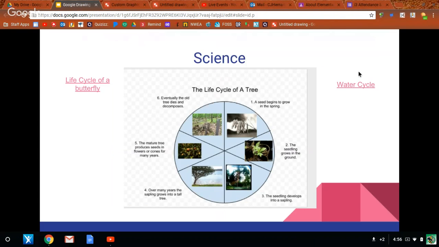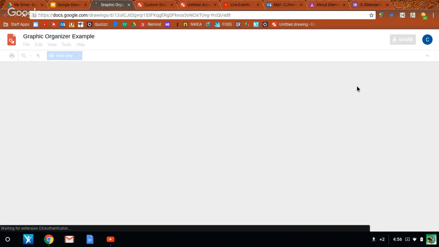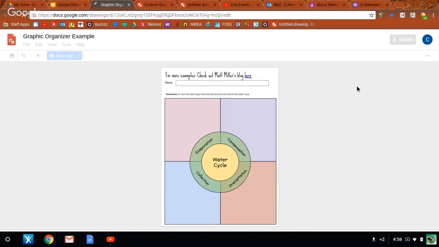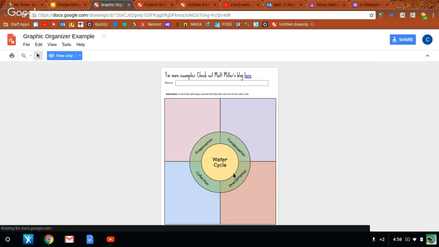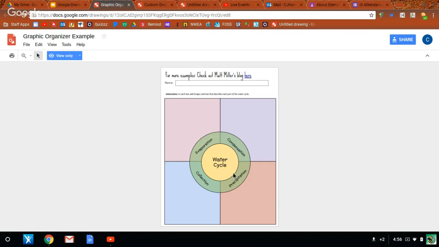Let's see. I found also this one for the water cycle. Oh no, I think I also saw this one in one of the trainings that I went to. It has the same thing. It's already ready for them. It's one that the kids could just fill in, find the pictures to go with it, and maybe add a text box where they also explain how the water cycle works, as well as maybe, depending on your grade level and how much your students can do,